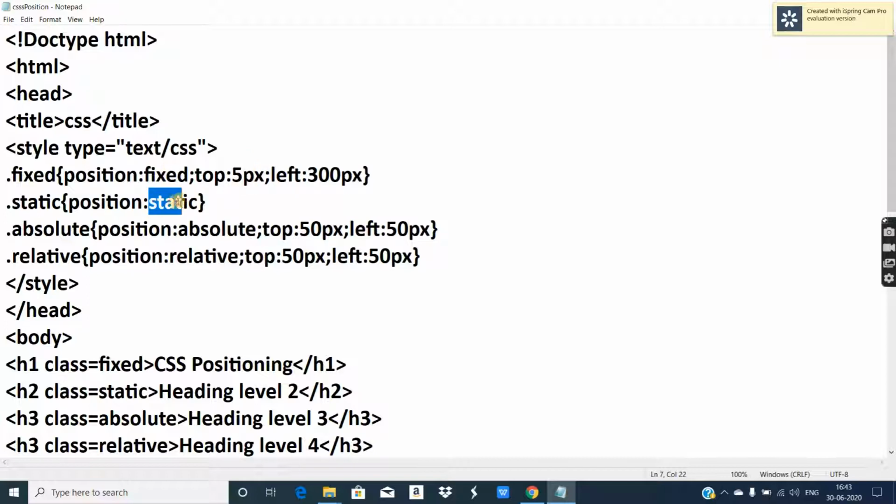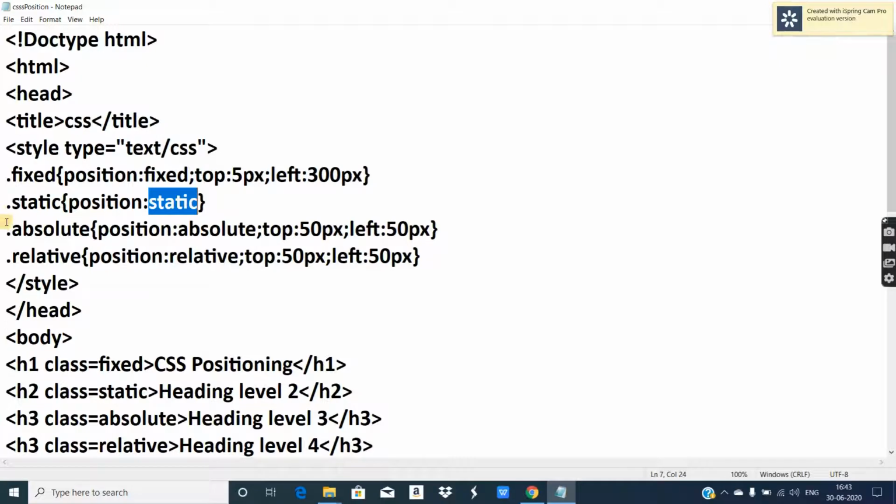Now static position is the easiest one because it is the default position of HTML. By default, if you do not provide any CSS, there is still a proper way in which the tags come one below the other on the web page, like a heading is displayed in a particular manner, then below that a paragraph maybe, or tables. By default, the contents displayed on the web page follow static positioning.